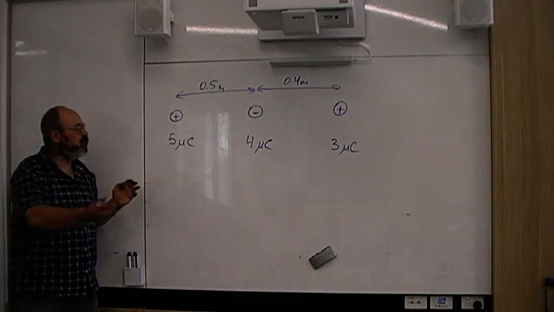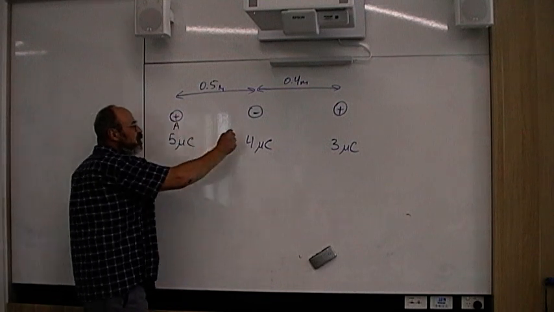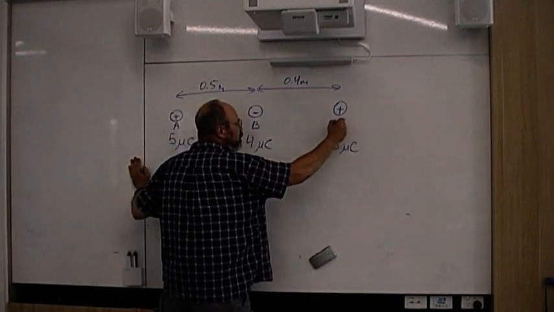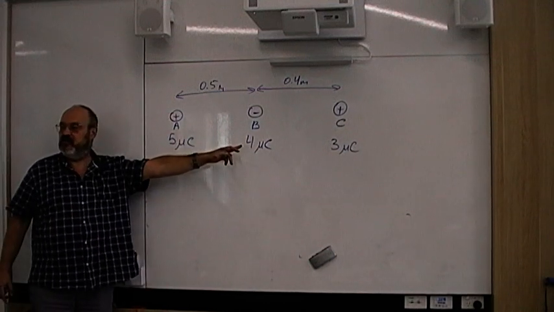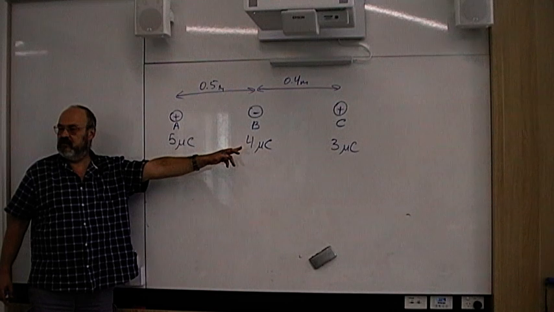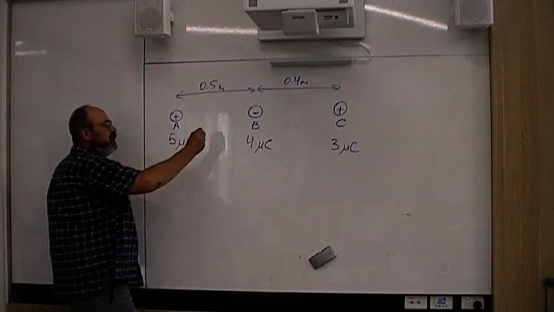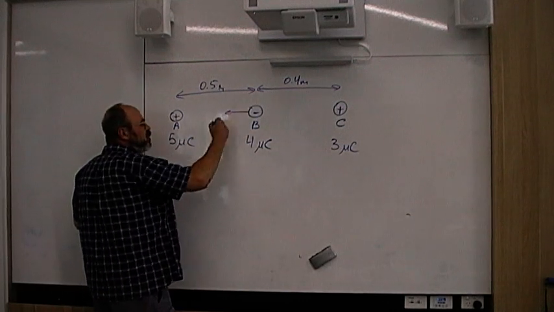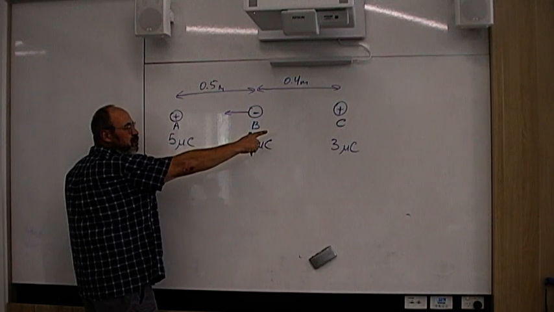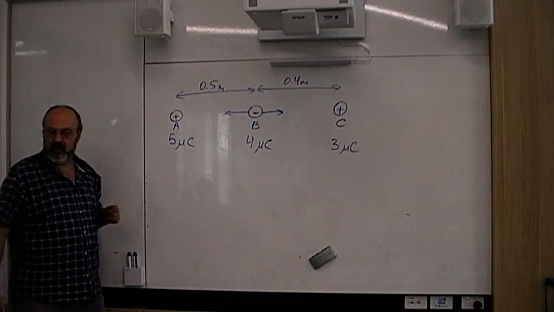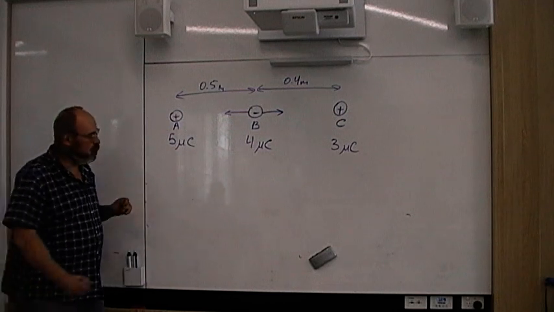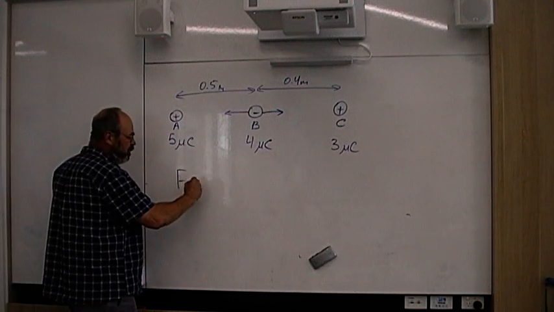Let's name them charge A, charge B, and charge C. In which direction will charge A apply force on B? To the left. Charge C? To the right. So how can we find the overall force? Minus. So overall F equals